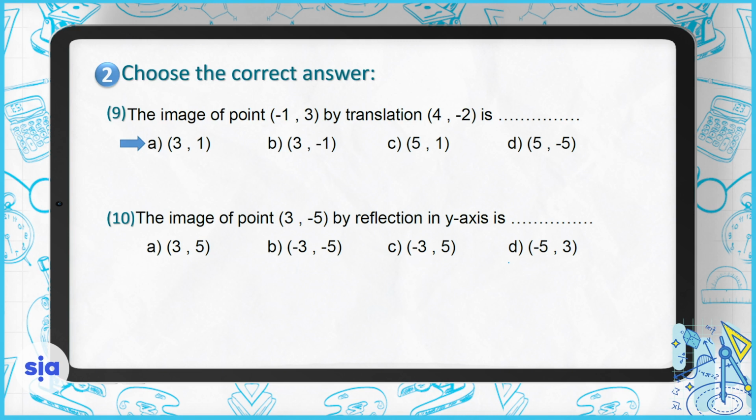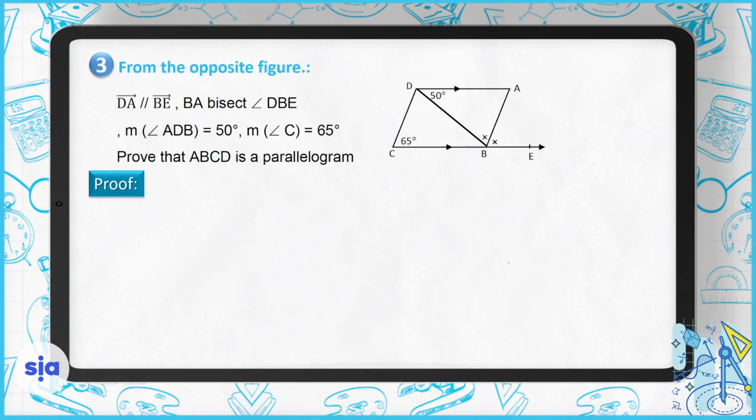The last question in the multiple choice, the image of point 3, -5 by reflection in the y-axis, we change the sign of x, so it becomes -3, -5. In this question, the question wants me to prove that ABCD is a parallelogram. Since AD is parallel to CB and BD will be the transversal,